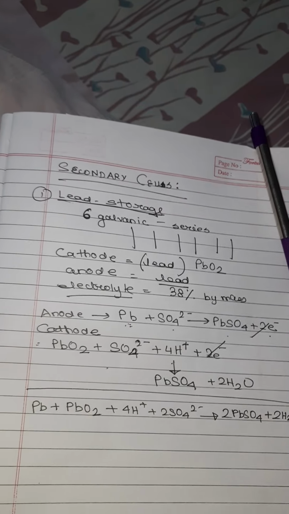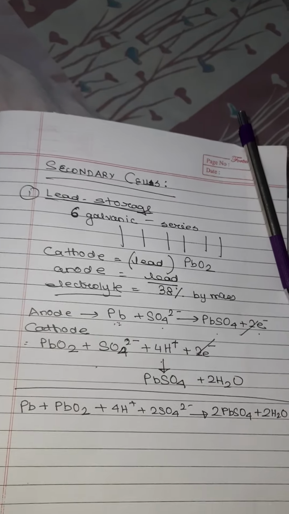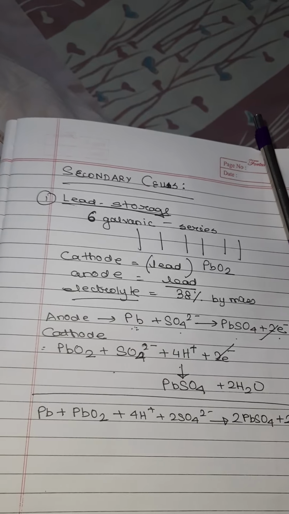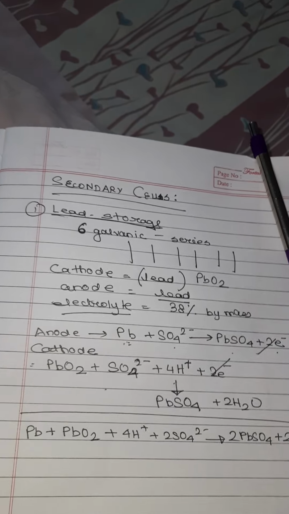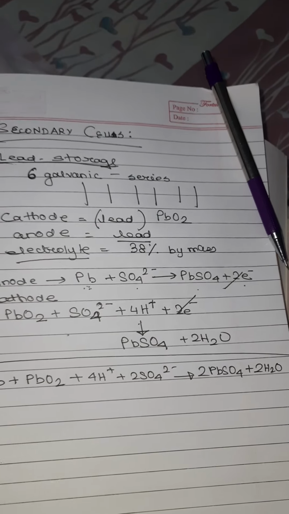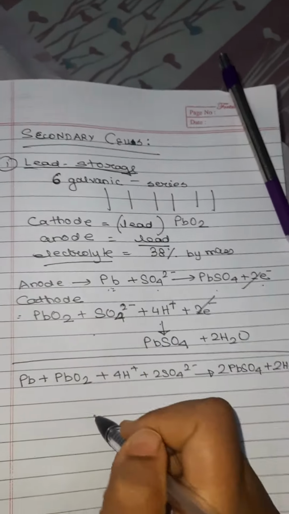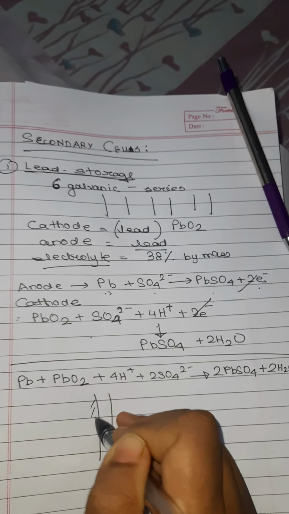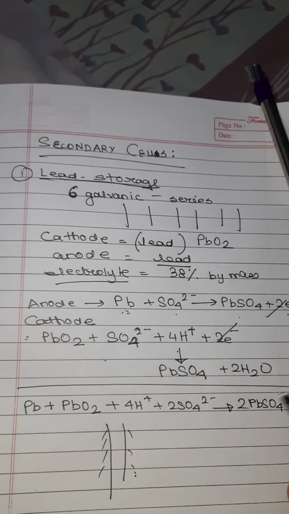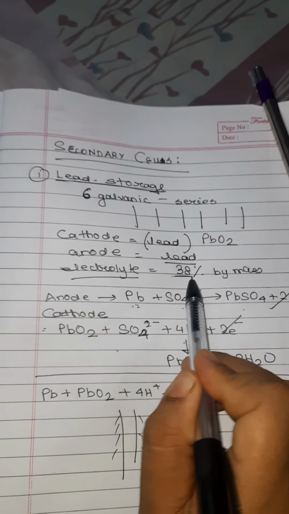You did it in experiment number 3 when you added lead acetate to sulfate ions and you formed lead sulfate. Lead sulfate is a white precipitate. So continuously the white precipitate of lead sulfate will get coated onto the electrodes, and so the water, the sulfuric acid which is 38% by mass,